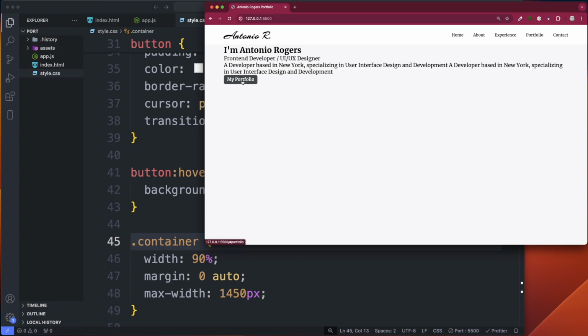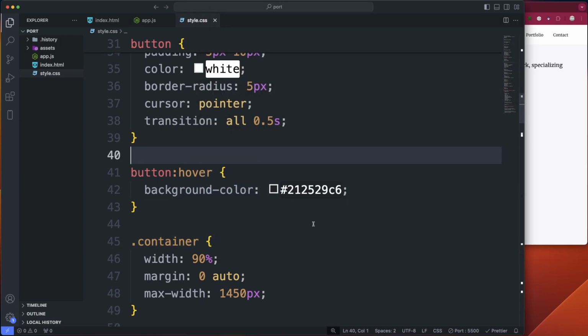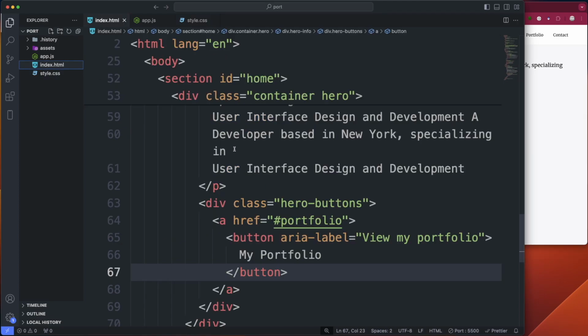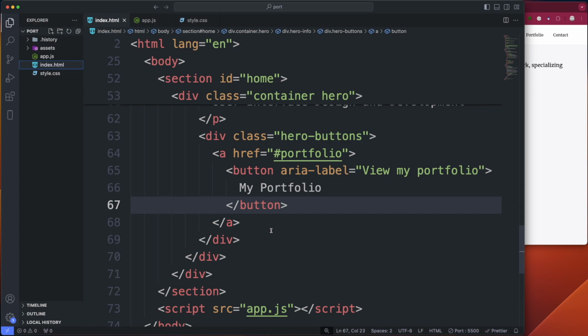All right, that's better. I think we should do that, instead of just black, because you can't really see it when it's just hover black. Let's head back over to our index.html,